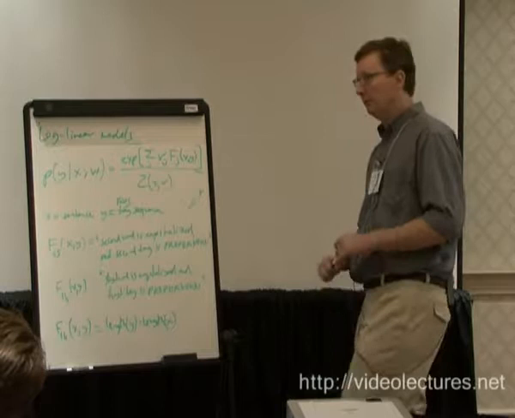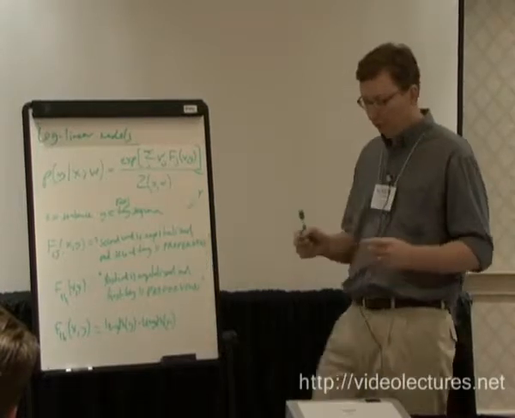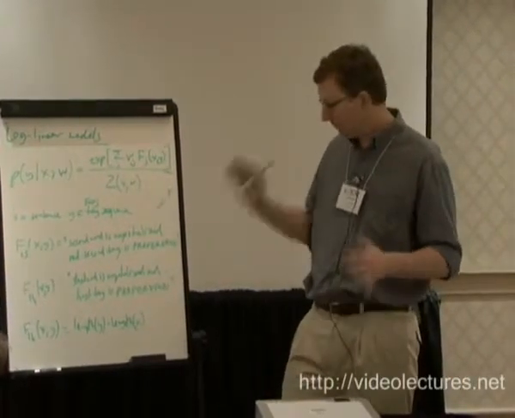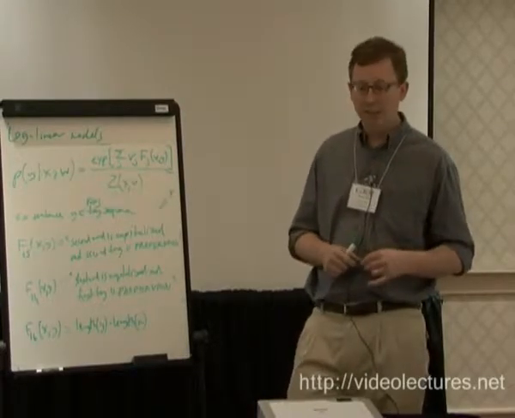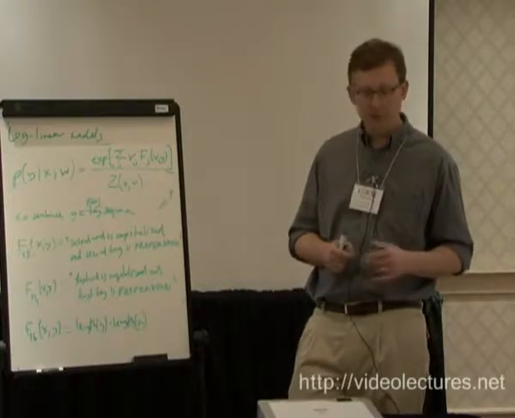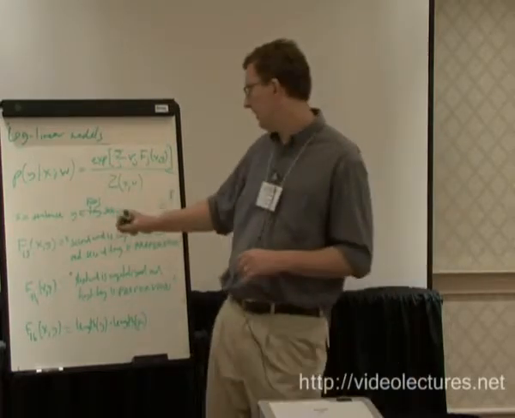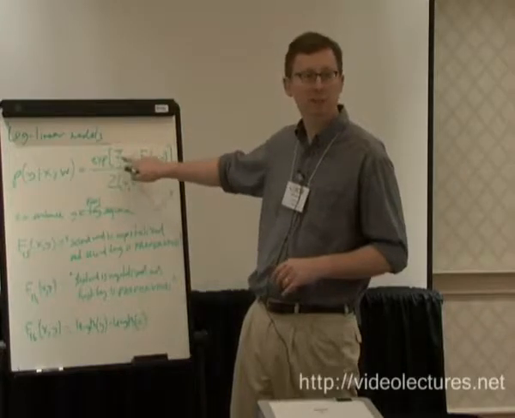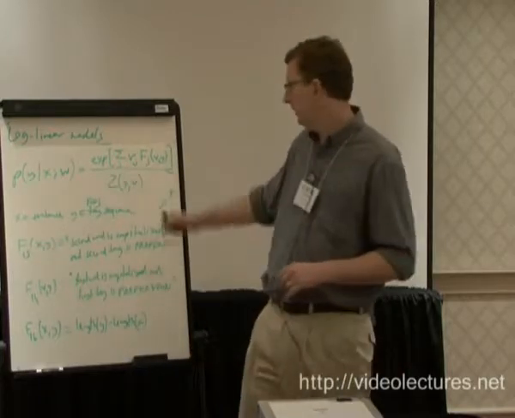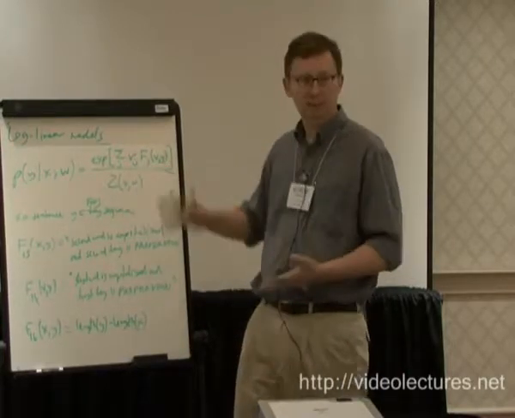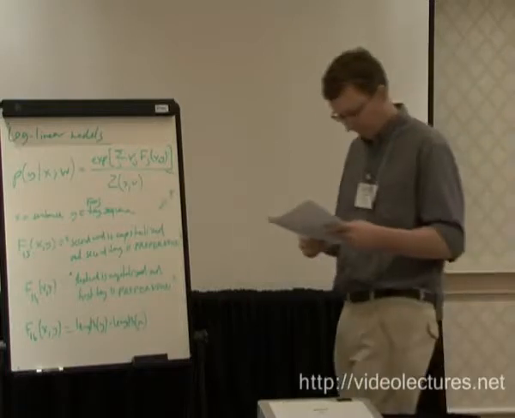So for any application of log linear models, including conditional random fields, the first thing you have to do is define all your feature functions. And then the learning process is to find weights for the feature functions so that when a feature function is positive and the weight is positive, then the Y is more likely. And when the product Wj, Fj is negative, then the Y should be less likely.